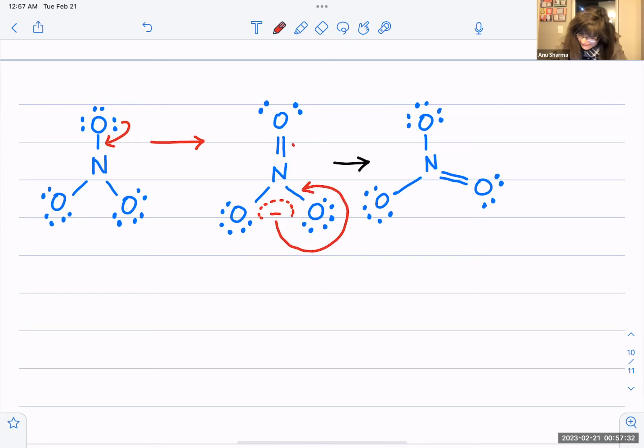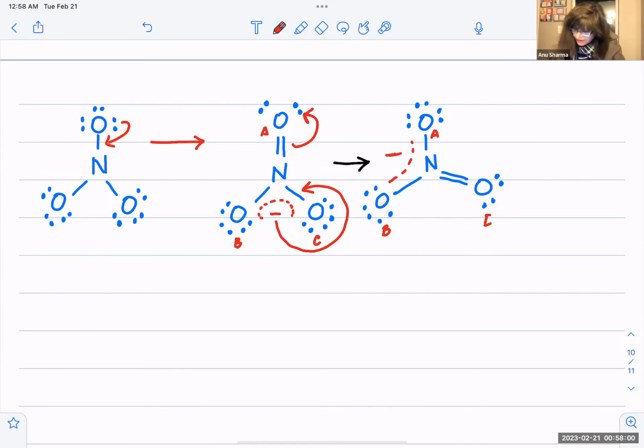And when that happens, this is pushed back. Okay, so that's how we get the double bond broken up between the nitrogen and oxygen. So if we put A, B, C, that's just labeling them. At one point, A will hold the double bond. At another point, B will hold a single bond, and C will also hold a single bond. But